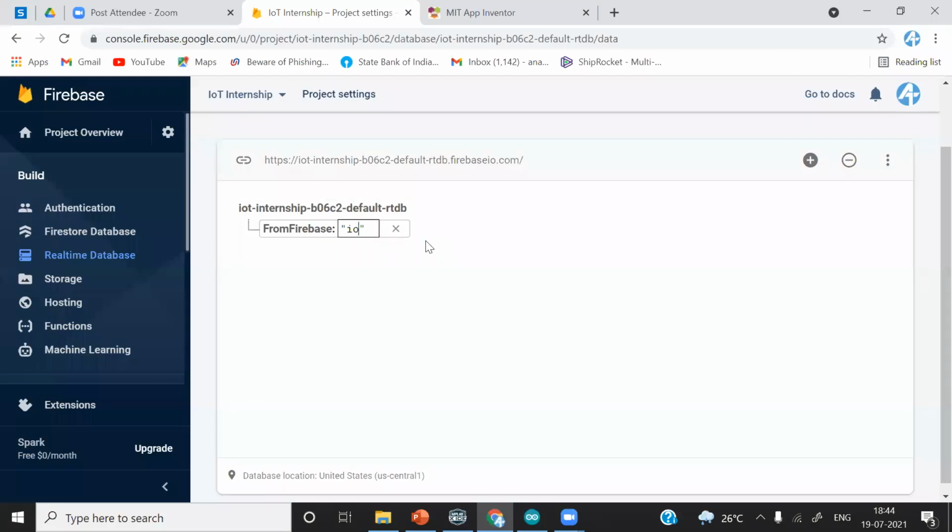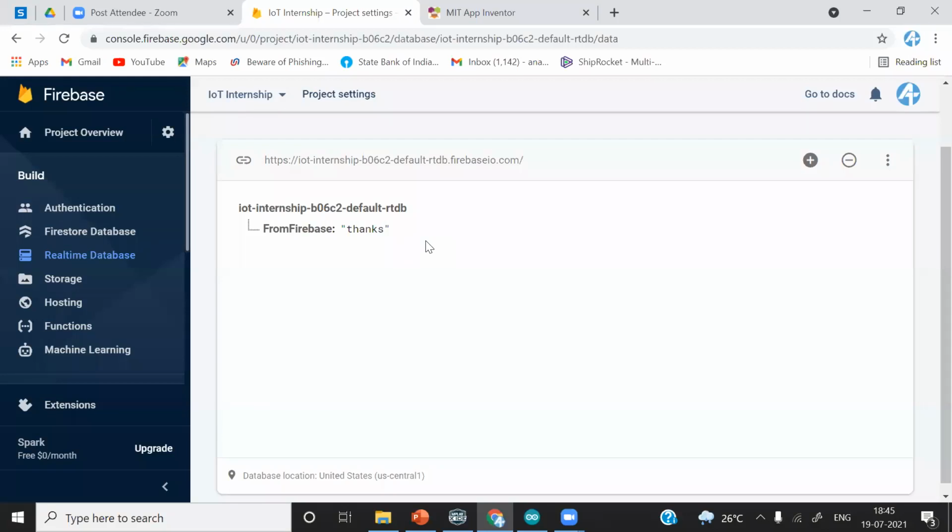So we'll make a few more changes. I'll just put thanks and press enter. You can see that. Okay. So we are receiving data from Firebase to Android application. So this data can be anything, sensor data. Earlier we saw how we can send the sensor data to Firebase using ESP8266. So using Firebase and MIT App Inventor, we can observe real-time data changes which are happening at the physical end, maybe device side. So we can receive that data from the ESP8266. We can send that data to Firebase and receive it into the Android application.